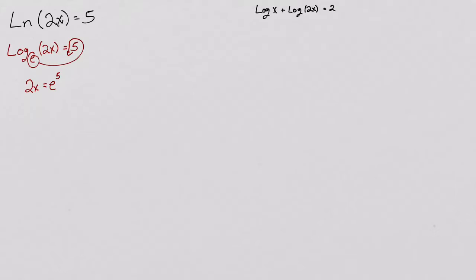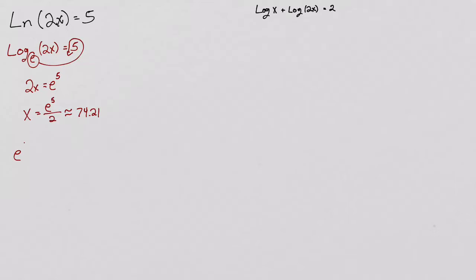You divide both sides by 2. Therefore, x equals e, keep in mind it's 2.71, Euler's constant. It's a number. E to the 5th divided by 2, which is approximately 74.21. The other way to actually solve this is that you could e both sides,